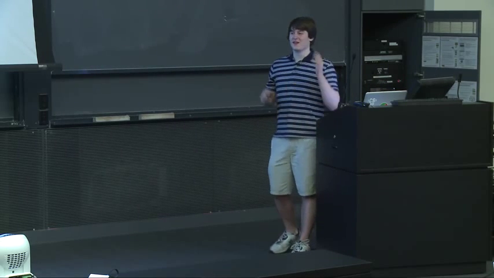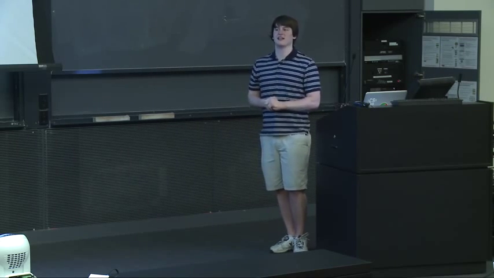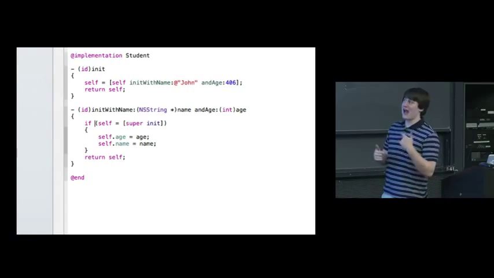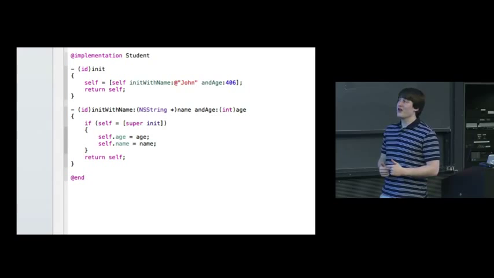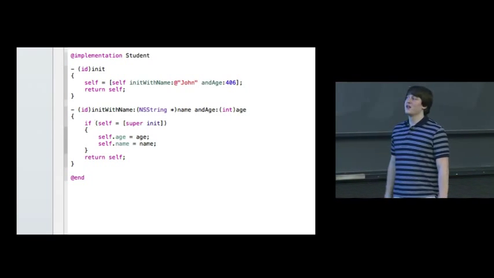I'm not really going to go into deep detail here, but every class should have exactly one designated initializer. In other languages, you might see it as defining one constructor that all other constructors call. And so here, we decide that init with name should be our designated initializer, which means that init needs to call our designated initializer. If we then define